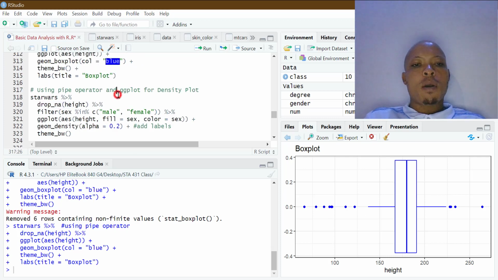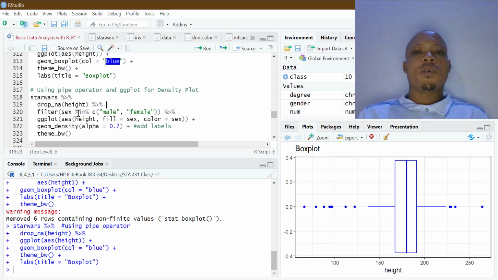Then we can also use that pipe operator again. We say use a data called starwars. In that starwars, drop all the NA in the height. Then we want to filter again. We say filter sex, because now we also noticed that when we plotted sex bar plots, it plotted 3 bars. One is feminine, one is masculine, and another one is NA. But in this case, we want to filter that. When we want to filter sex